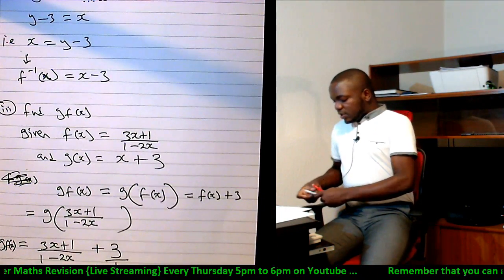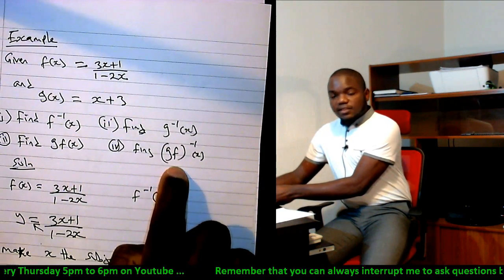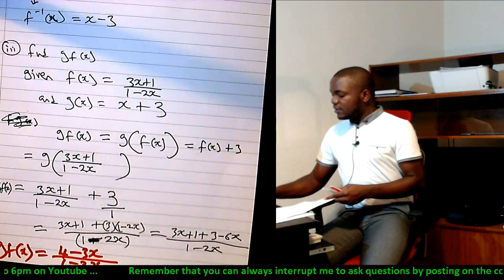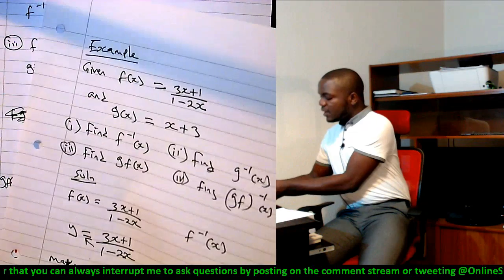I have not forgotten what I told you to do on your own. I told you to find the inverse of gf of x. Now this is gf of x. To find the inverse is the same thing as what we did for the inverse of